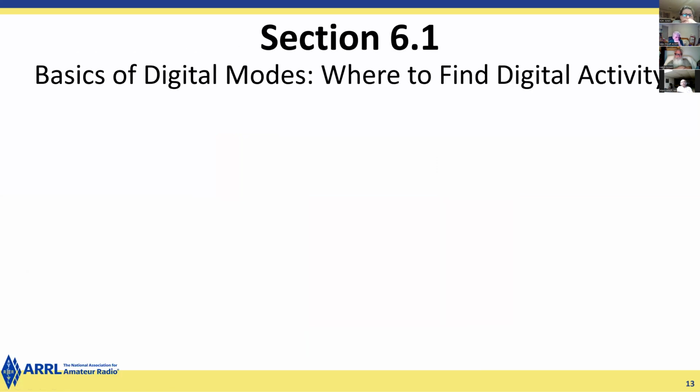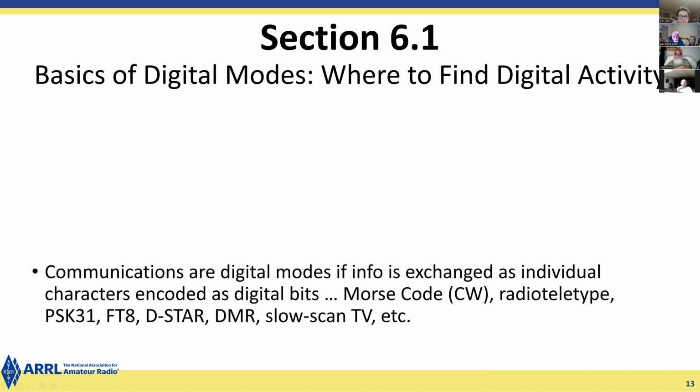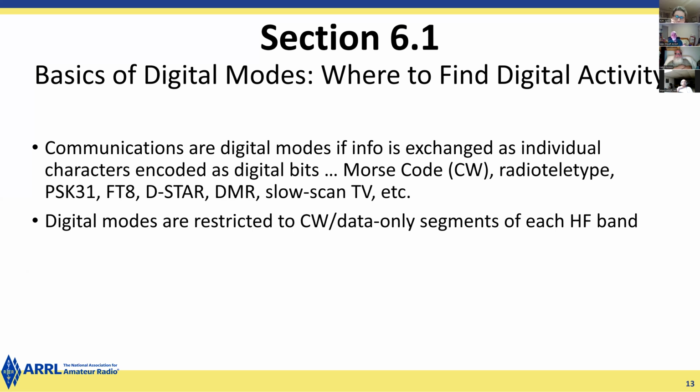So now we're going to get into most of the ARRL slides. This is looking at this from an operating point. Communications are digital modes if information is exchanged as individual characters encoded as digital bits. So Morse code, I said maybe radio teletype, PSK31, etc. These first ones, through FT8, are digital text, but you notice that to the right, D-STAR and DMR are digital voice, and slow scan TV is digitized images. This statement on the slide